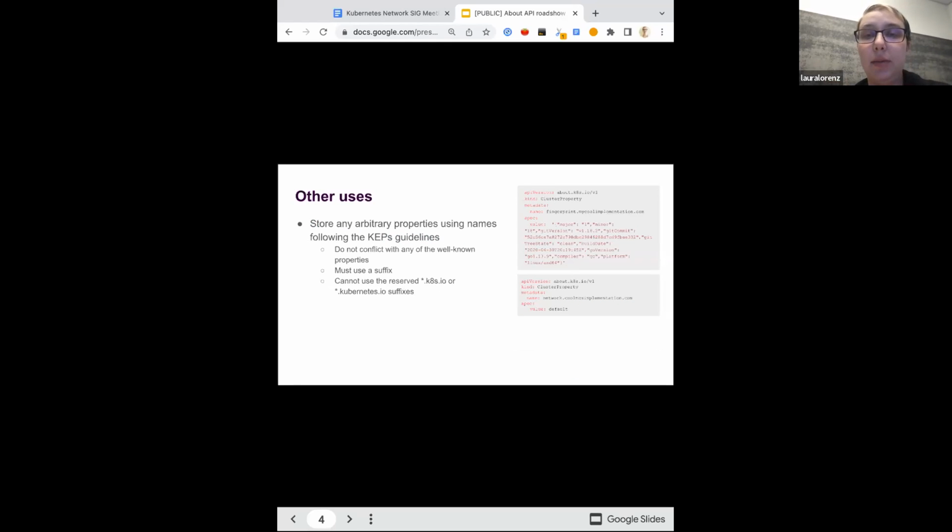But the CRD itself is very general purpose. It's names and values. That value can take any form. And again, the overall intent of the CRD is to store any arbitrary properties about a cluster in this cluster-local CRD. And there's room in the KEP that other